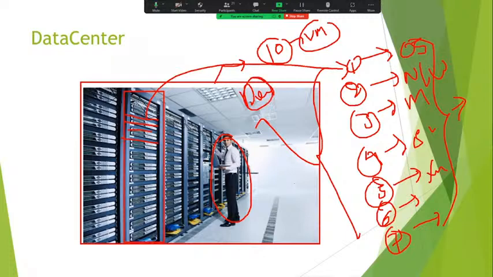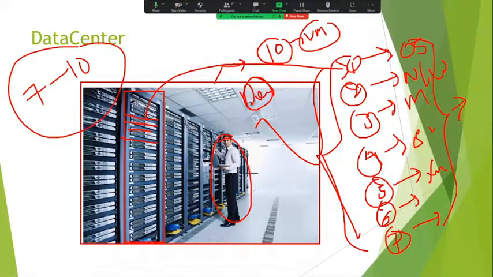Now, to complete this process, it will take a minimum of 7 to 10 days. Why? Because we have to submit the request, it should be approved by the manager, then it goes to the data center team. The data center team should allocate the space for these 5 servers depending on business requirements.